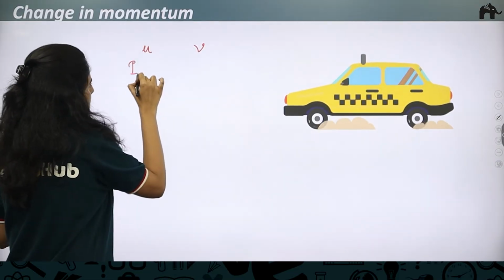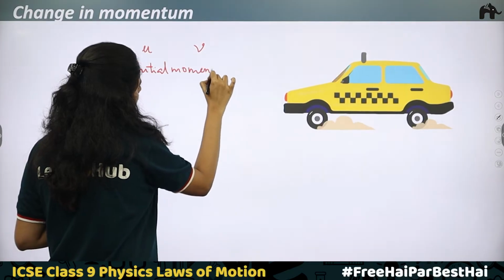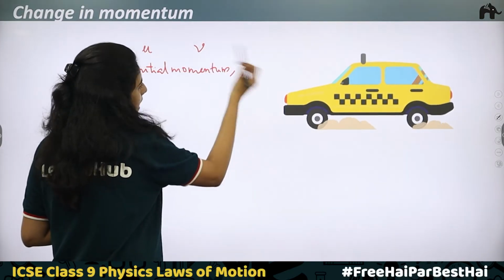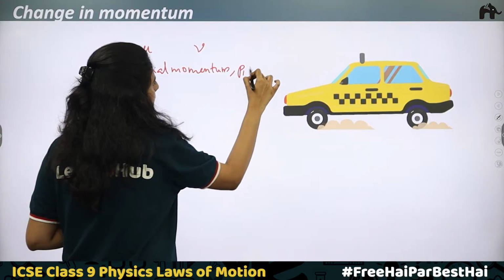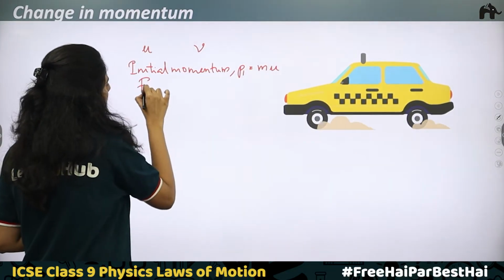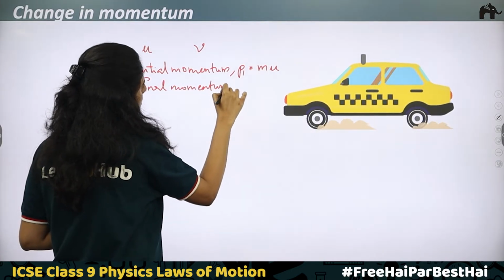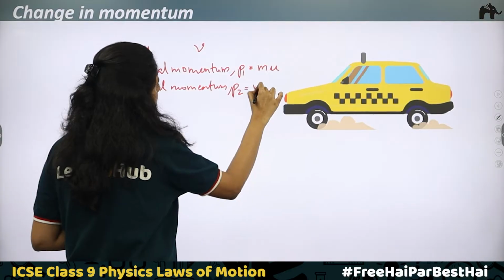Initial momentum, let's take it as P1, will be equal to mass into initial velocity u. Final momentum will be equal to mass into final